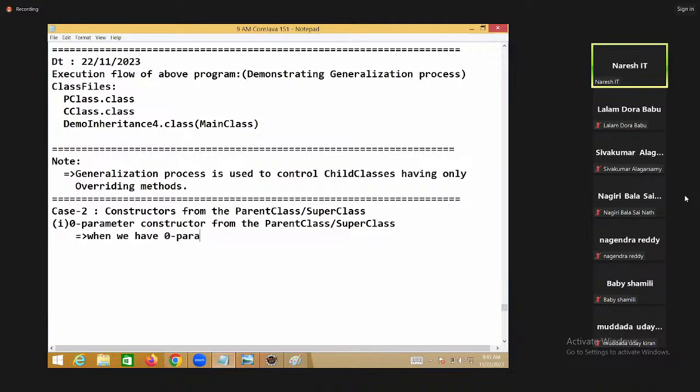We have a zero parameter constructor in the parent class, then the compiler at compilation stage will add super of to the child class constructor,